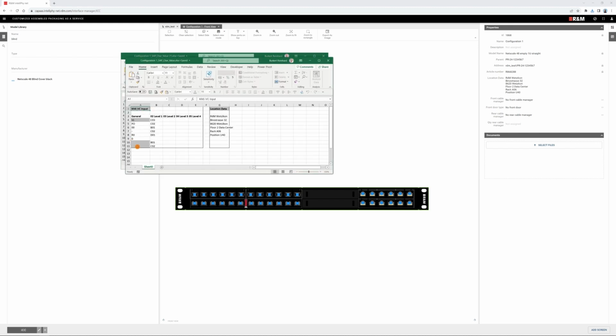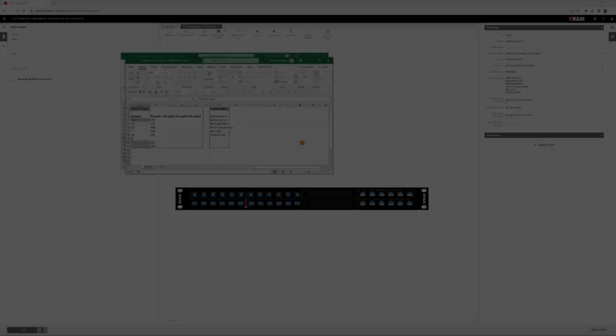You see a couple of codes here. Don't modify the file at all. Here you can see the location data. You can send this file to your local R&M representative who will be able to give you a part number and a price for this configuration, and will also be able to create a NetScale 48 with exactly this configuration and a label where the location data is printed upon.